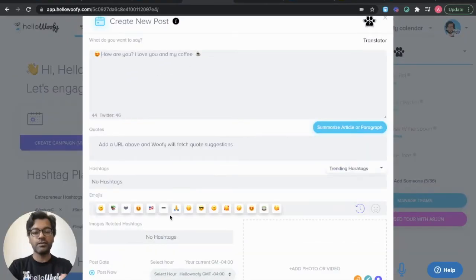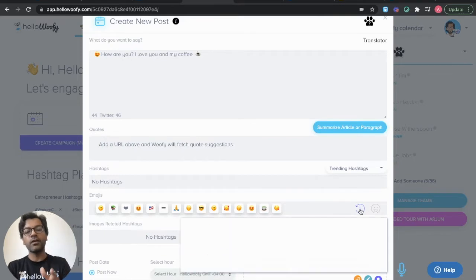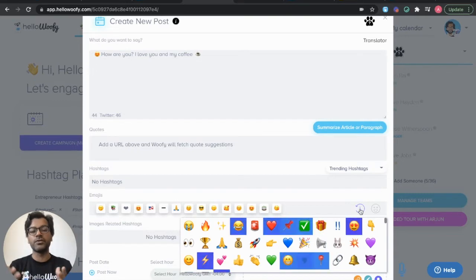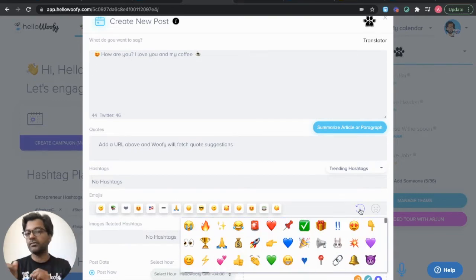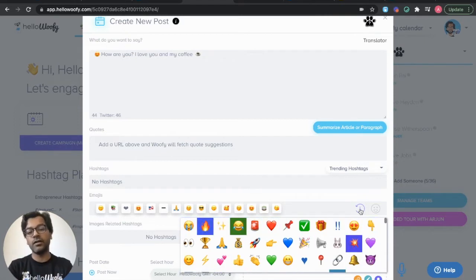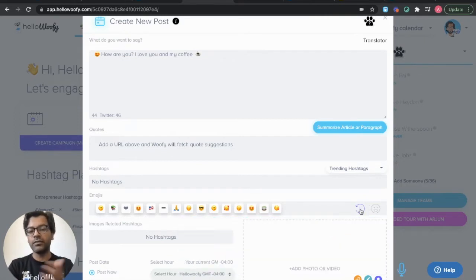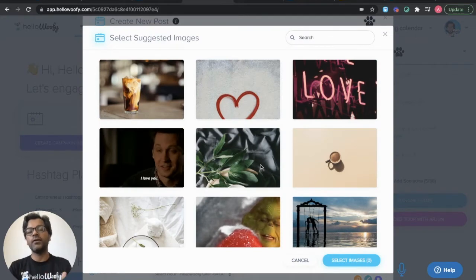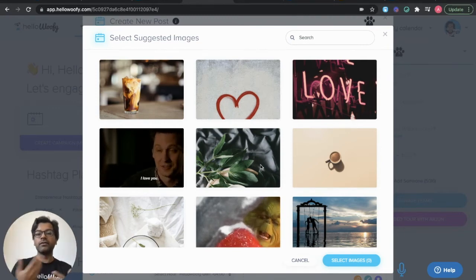So obviously we're giving the best emoji recommendations, but on top of that, we're also tracking what is trending, what is popular in terms of the emoji usage. All of those little blinking dots aren't just for fun. Those are real people using real emojis in their pieces of content. And if you want to choose any of them, you can obviously click on that and it'll automatically add it to the text. Now, based on what you typed in so far, we will help you find 2 things: royalty-free images or memes and GIFs from Giphy based on what you typed in the text editor. So in this case, it's obviously about love and coffee or whatnot.